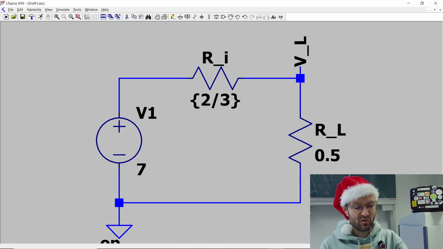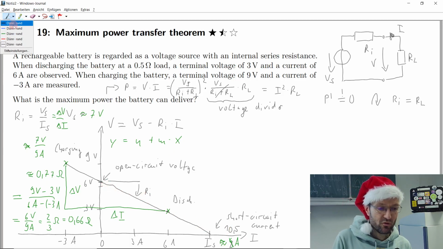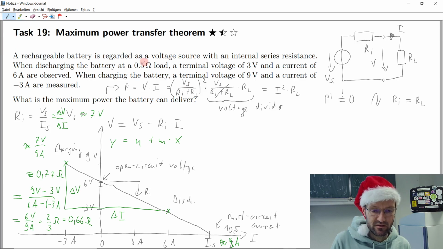So now we get just one point, but we would like to see this curve here. So how do we get the curve? What would we need to change to get to different points on this curve? And so if I take red and say, okay, this 0.5 ohm load,